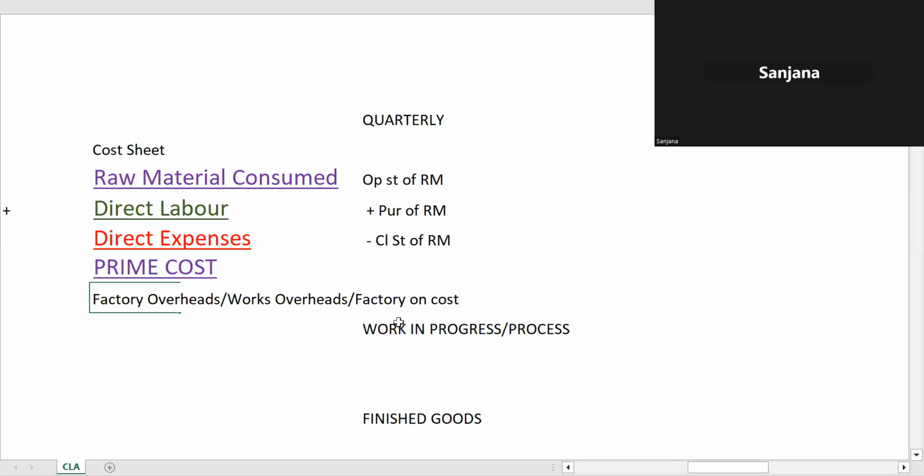On cost is also one name, or just call it expenses. All these are names of overheads. It can be factory or works, these two are the names used, and it can be overheads, on cost, expenses, with any of this combination, factory or works. So here, the stage after prime cost,